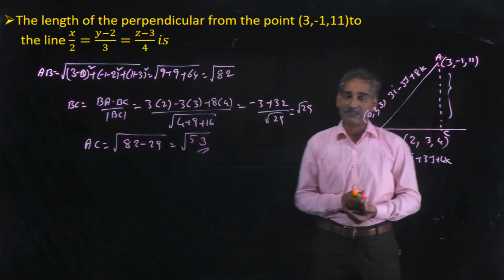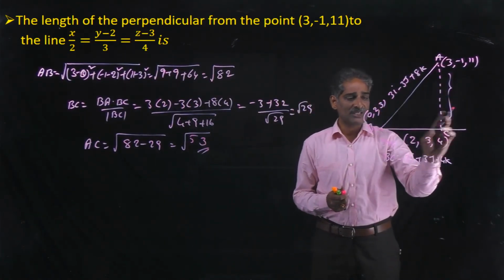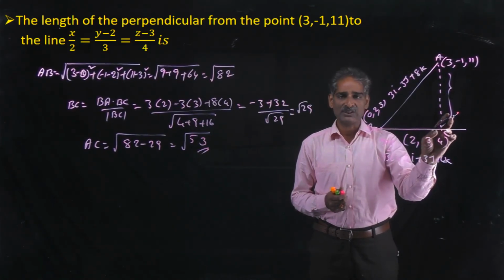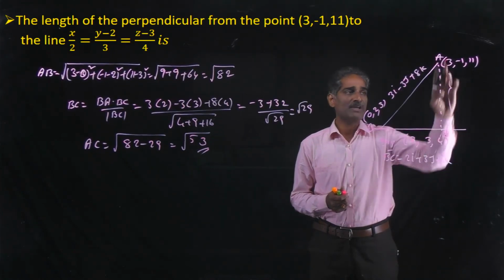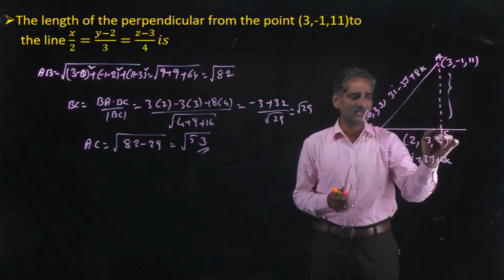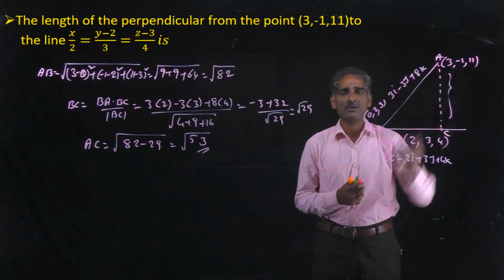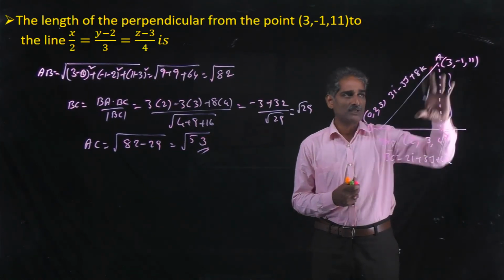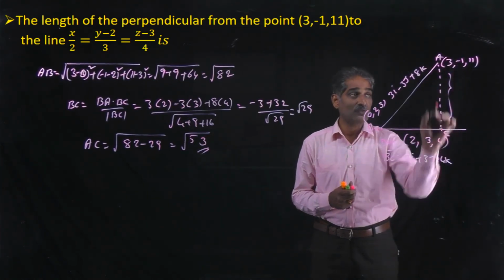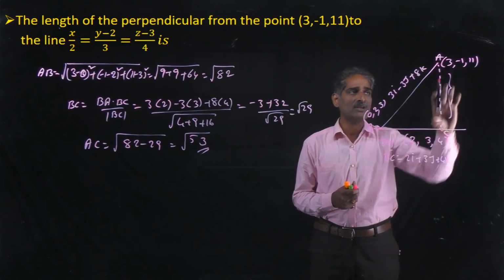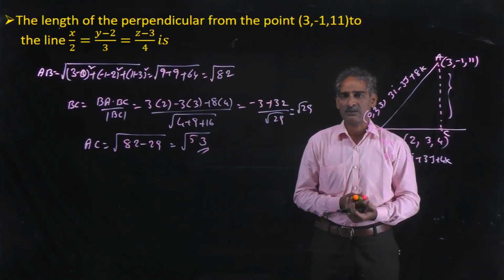There is another method. We can find out the general point on this line. So let us assume the point C. You can write the point C in terms of some variable lambda. By using the perpendicular condition, you can find out lambda. You can find out the foot of the perpendicular of A on this line C. After that, we can find out the distance. That is the other method. So in this case, first of all, find out the foot of the perpendicular on this line, C. If you know C, you can find out the length AC. Okay, right.